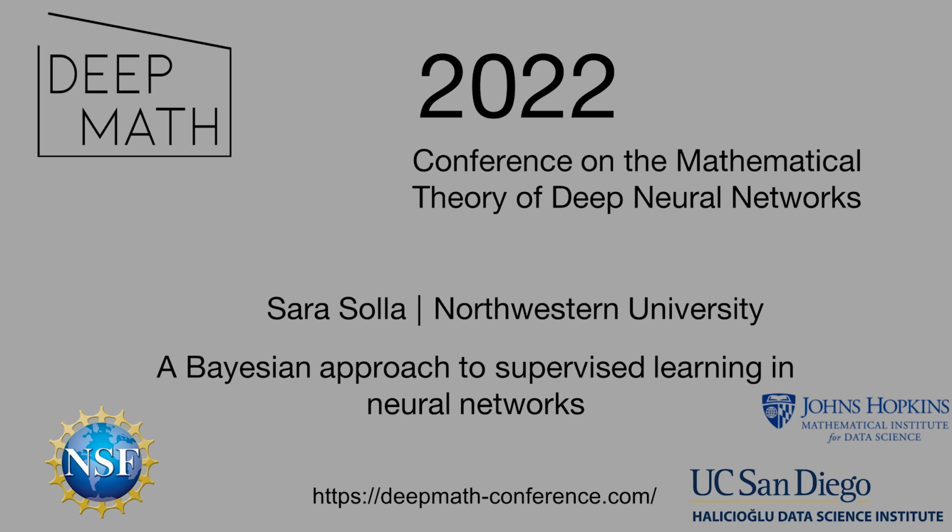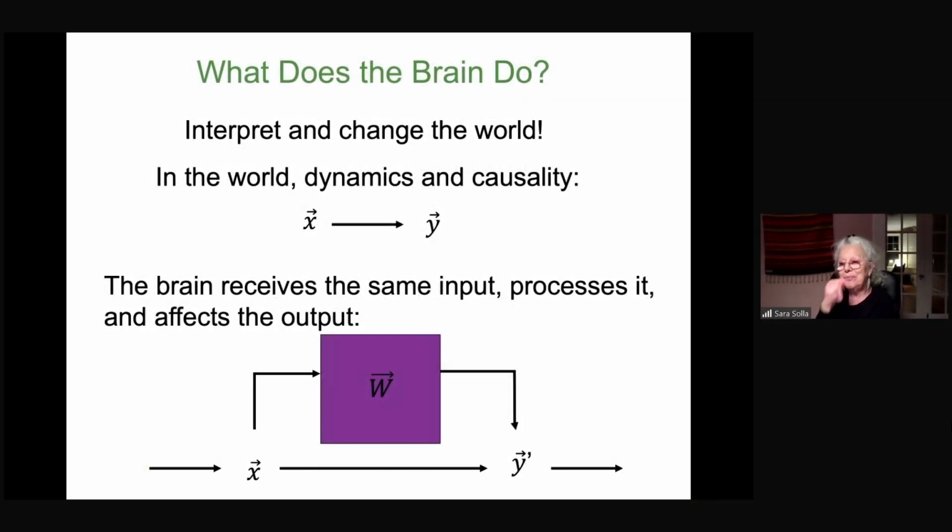Let me start. It's going to be a bit of a different talk than the talks that you have heard so far, because I'm not going to show you a very recent advance with very mathematical tight bounds. What I'm going to try to show you is how statistical physics and statistical inference can come together and provide a very fertile point of view on how to analyze many of the problems that we always discuss when we talk about